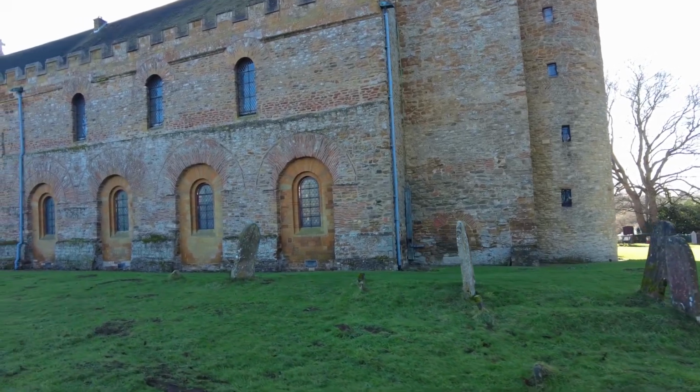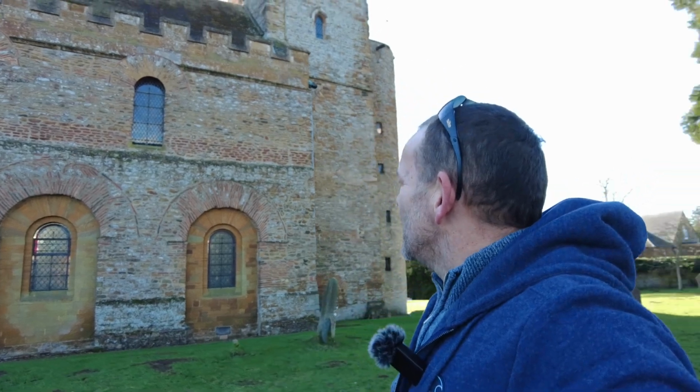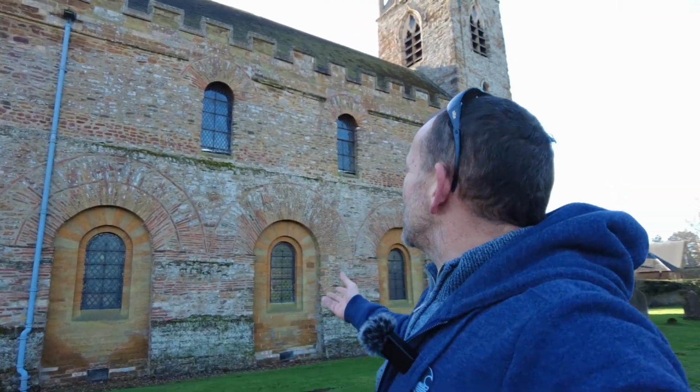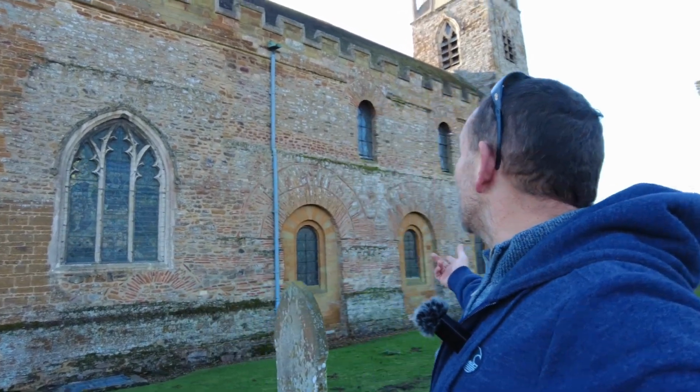I've seen pictures of it, and I know you might think, oh, he's a god botherer. I'm not a god botherer, but these buildings are amazing. You know, faith has played a huge part, still does play a huge part in lots and lots of people's lives. And there's all kinds of different faiths as well. But this is where people have come together for centuries. I mean, literally in this building, over a millennia,